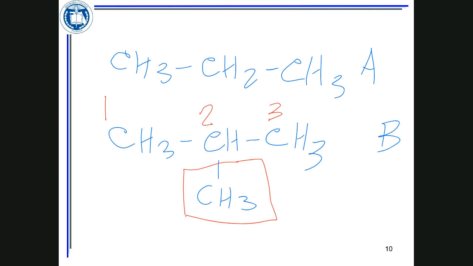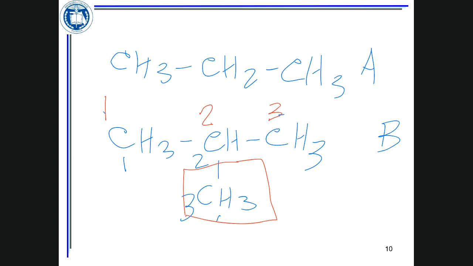I have a choice of going 1, 2, 3 down here, or 1, 2, 3 with the red color. I cannot go 1, 2, 3 in red and then jump down here and say 4, because 4 must be connected to 3, not to 2. So one of the first rules is find the longest carbon chain, number it,